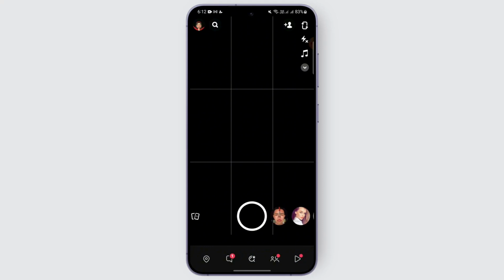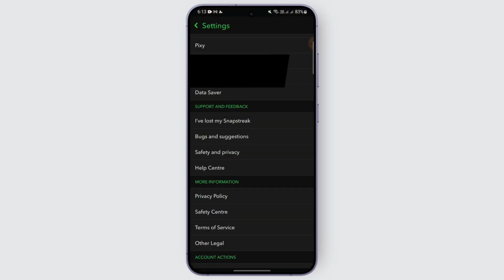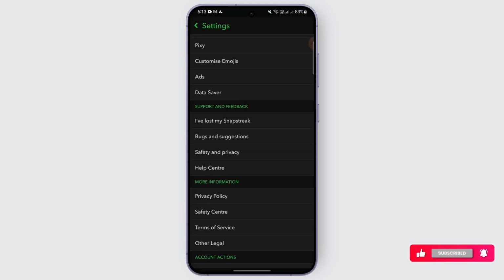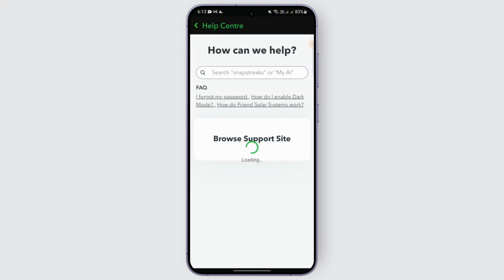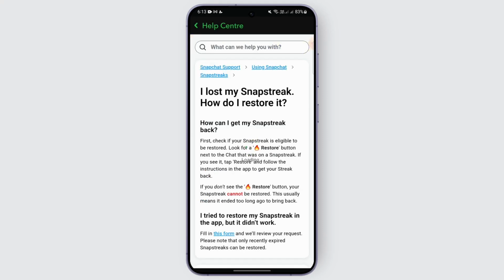If you have already used the 5 times Snapstreak restore, then you may just simply go to your profile. After that, tap on your settings. So what you can do is simply get to your settings, and after there just scroll down until you see support and feedback. After that, simply tap on help center and wait for it to be loaded. After it is loaded, you can simply see this I have lost my Snapstreak. Just tap on it, and here